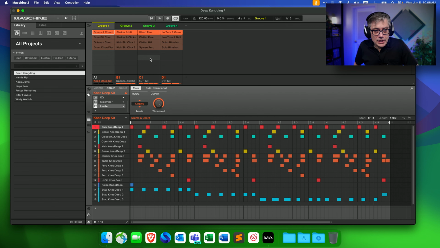Now, in order to turn it into Dolby Atmos, we need to funnel these sounds into something that can turn them into Dolby Atmos. And for that purpose, we're going to use a set of plugins that can do that, and this is going to be the Fiedler Audio Dolby Atmos Composer. If you've never heard of that, I'm going to leave a link in the description below. It's essentially a system that allows you to turn pretty much anything in any digital audio workstation, including Maschine,